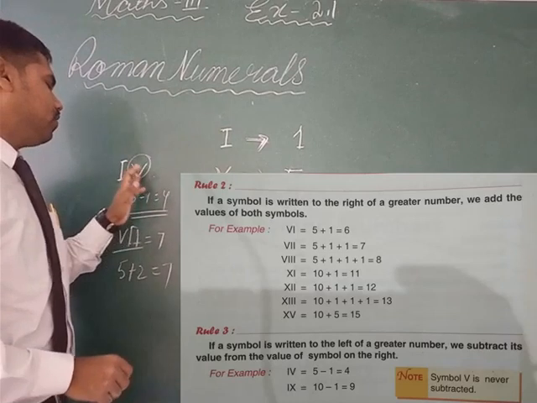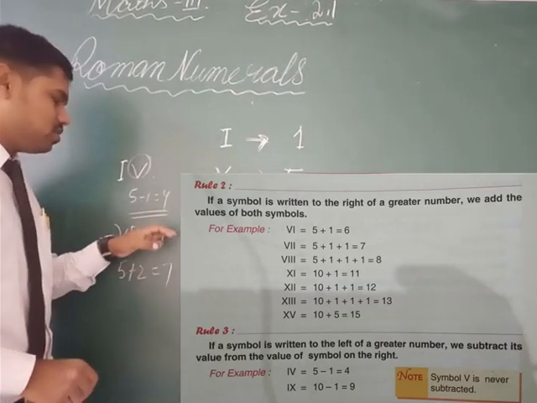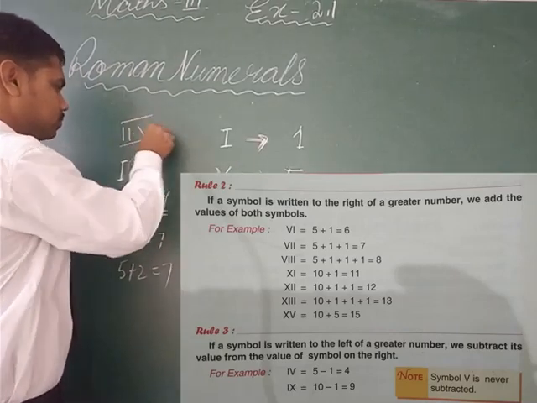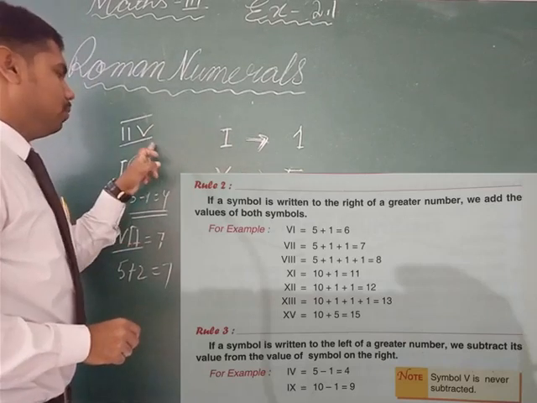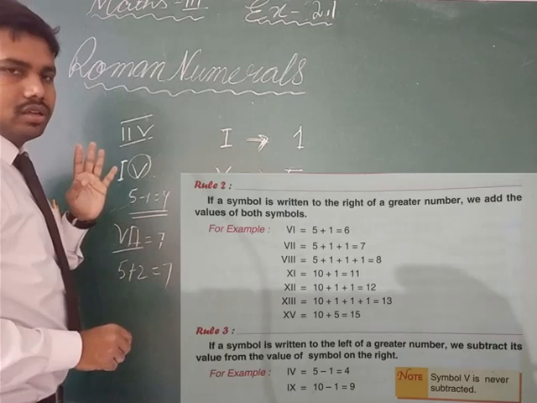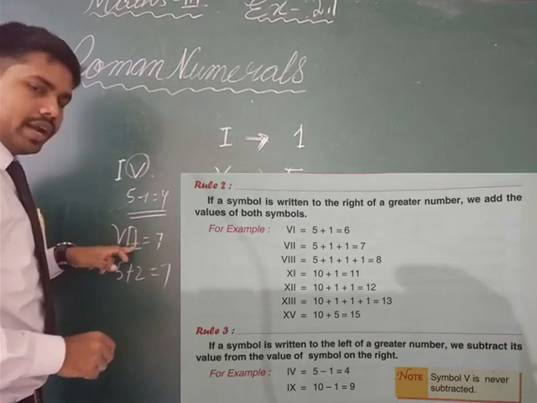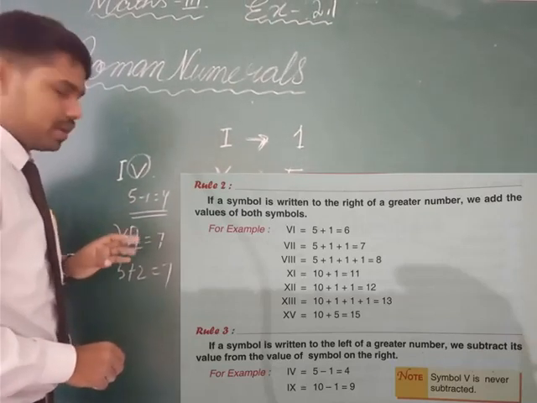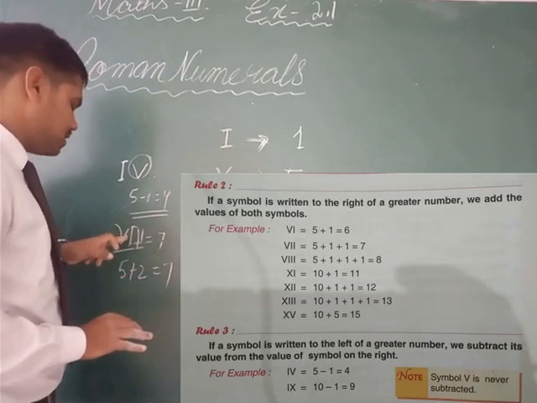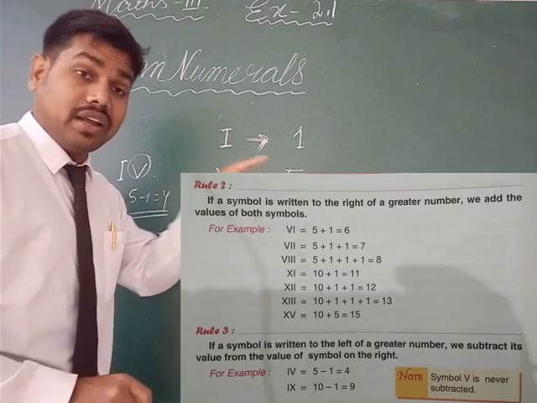So any letter you write before, that means we are subtracting, and any letter you write after means you are adding. But here we cannot write like this. Is it possible? No, because we cannot subtract 2 times. Only 1 time it is possible. But we can add up to 3 times. 4 times it will not work. Because it is 6, 7, 8. Instead of 9 it will be 10 minus 1.